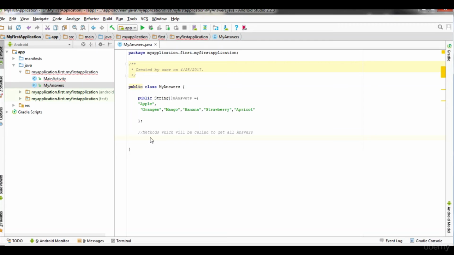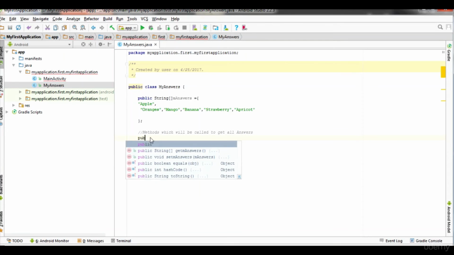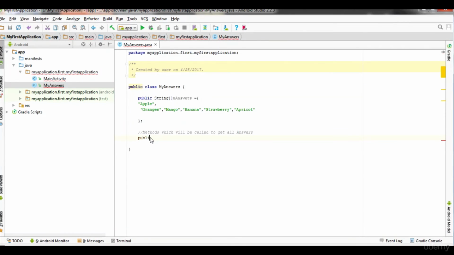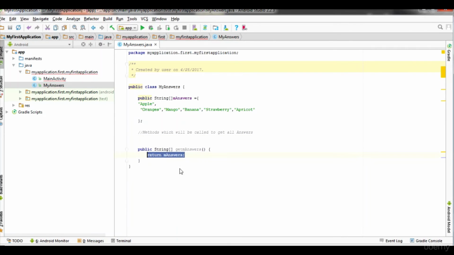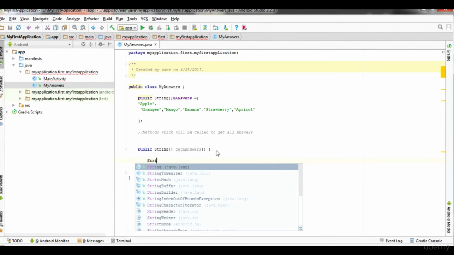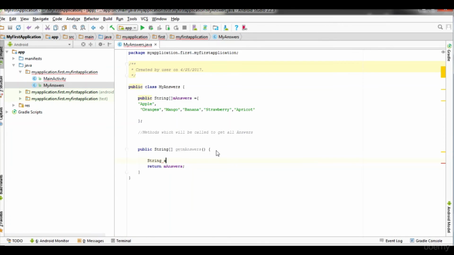So first let's go and define this. Public string get answers. It has already given me the suggestion. So what I have to do here, I'll define a string answer as an empty string.